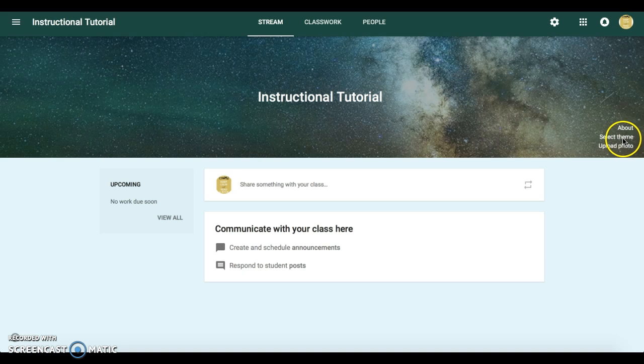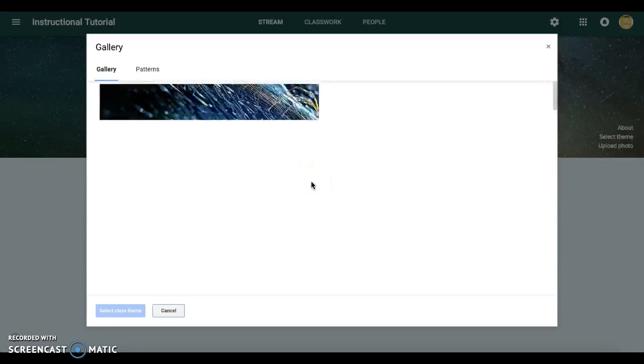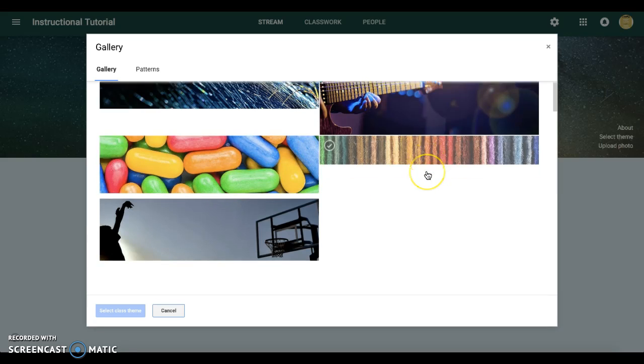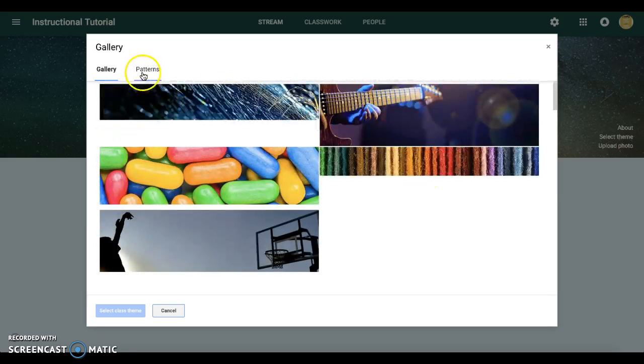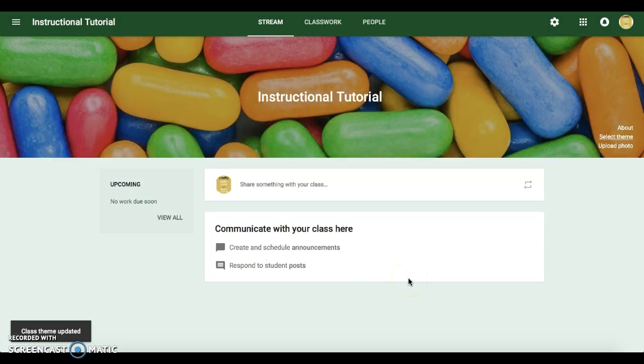You can select the theme. You can change the theme, this bar up here, to a photo if you'd like. So you can go through and select from a gallery of images, anything that you might want. There are plain patterns as well as images, and we'll just select this one for fun. Once you've done that and personalized it as much as you want to, there are things that you can do to communicate with your class by creating assignments,